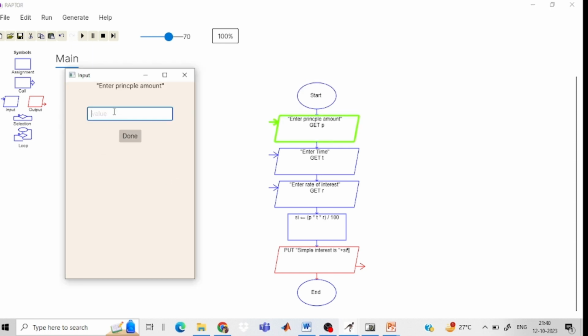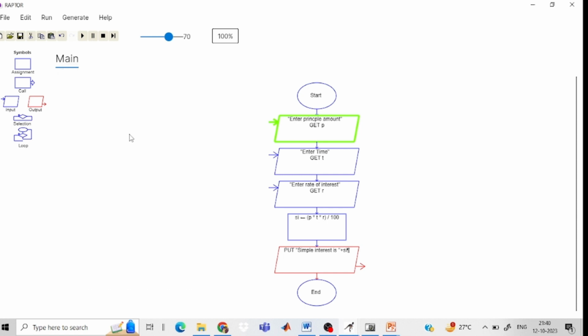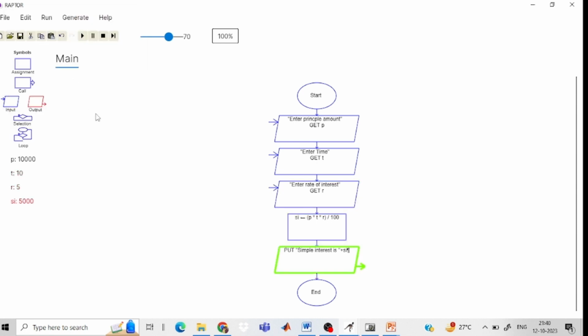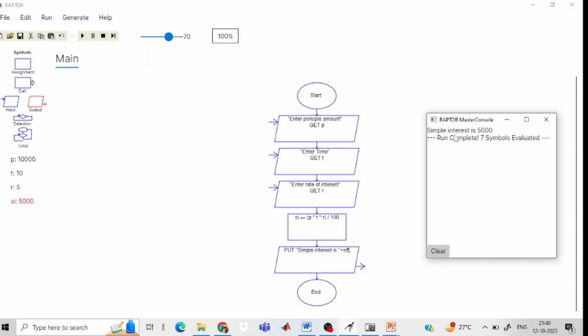So it is asking principal amount. The principal amount I am entering 10,000. Then the time I am entering 10, and the rate of interest, suppose it is 5%. Done. So the output is 5,000. The simple interest for the given input variables, principal amount 10,000, rate of interest 5 and time 10, like that it is giving PTR by 100 as 5,000. So with this,